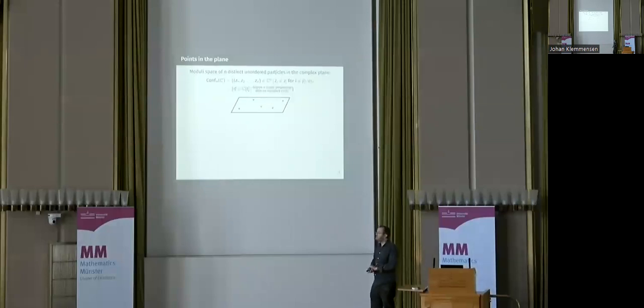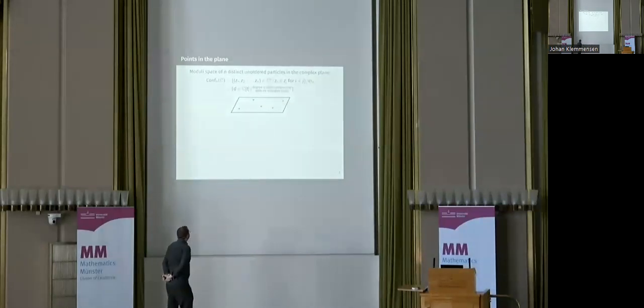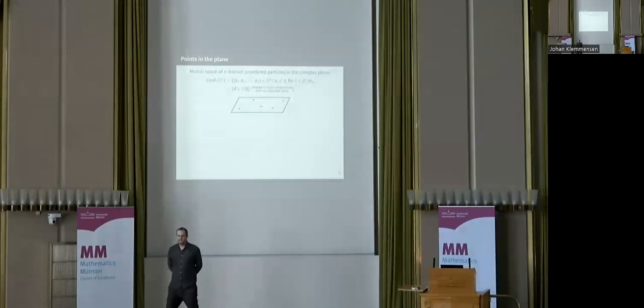It's something incredibly classical. It's the moduli space of n particles in the plane. And these are somehow n indistinguishable particles in the plane. So to make a literal definition, I take n-tuples of points in the complex numbers, which are all different, but then I divide out by the symmetric group action, which reorders them. So these are indistinguishable particles in the plane. And because they're indistinguishable, we may as well record them by recording the unique monic polynomial which vanishes at those points. So we can think of n particles in the plane as being exactly the same data as a degree n monic polynomial over the complex numbers.